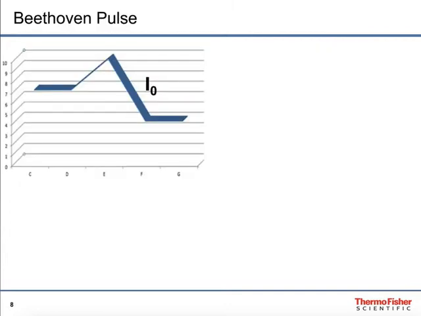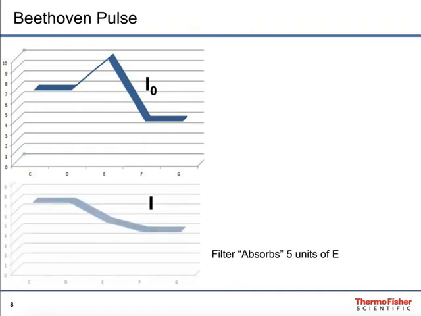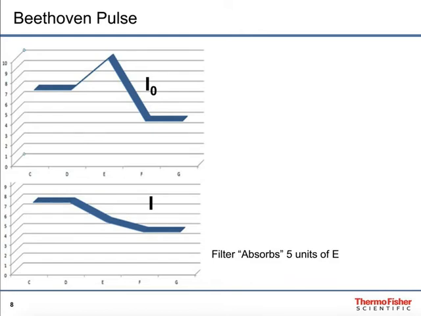Now let's see how the concept of Fourier transform and the absorption idea combine to give us a spectrum. Let's go back to Beethoven's Pulse, from Beethoven's Ninth here, and there's that single beam again, and we're going to call that I0. That's the initial intensity. Now, just for fun, let's assume that we have a filter somewhere that absorbs 5 units of the E note. If we plot then what it looks like, here we see the plot once the 5